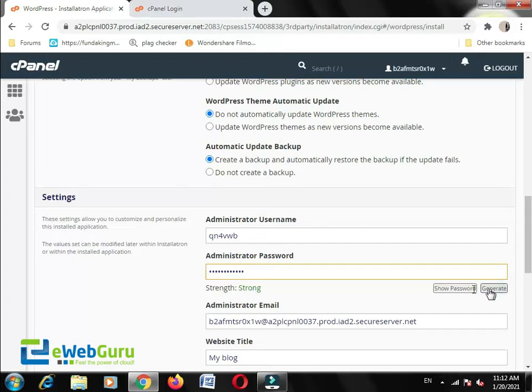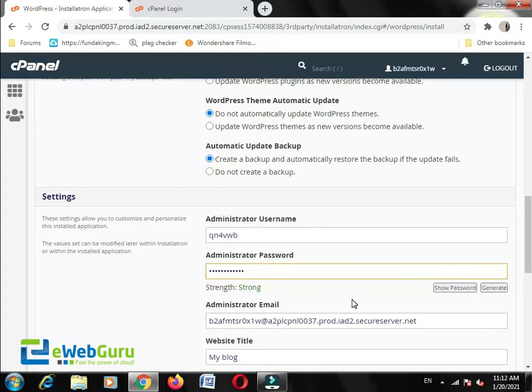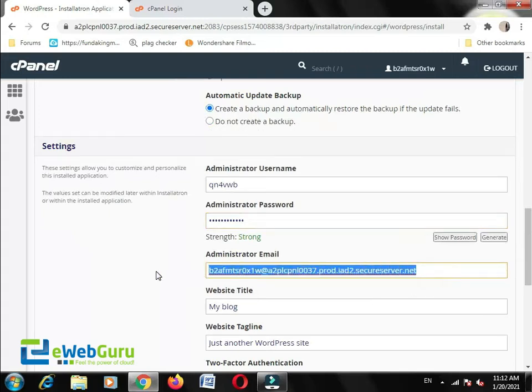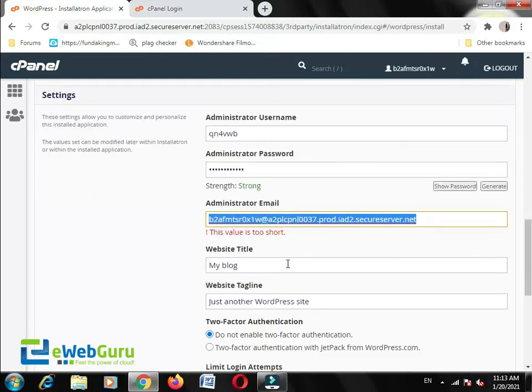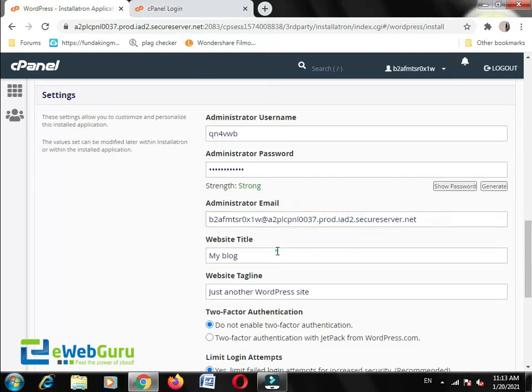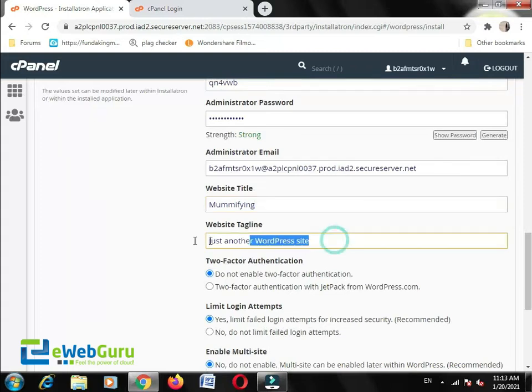After that you have to put your email in this section. After that you have to create your website title. If your site has any tagline, you can enter your tagline here or you can keep it blank.